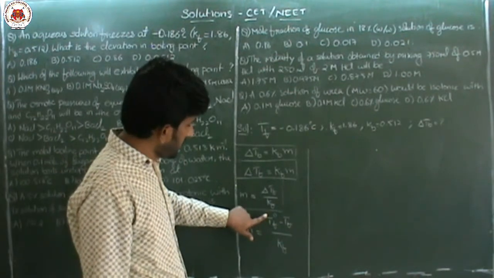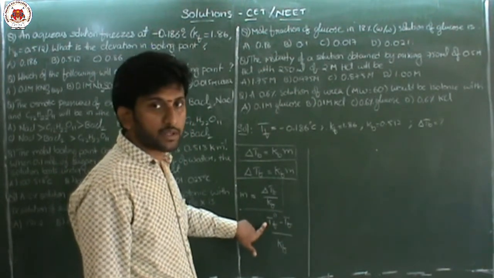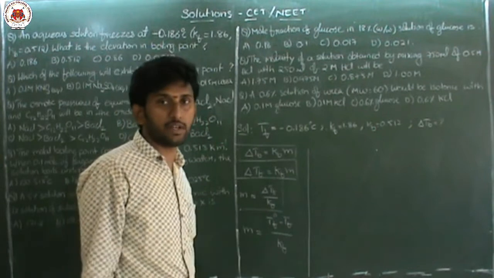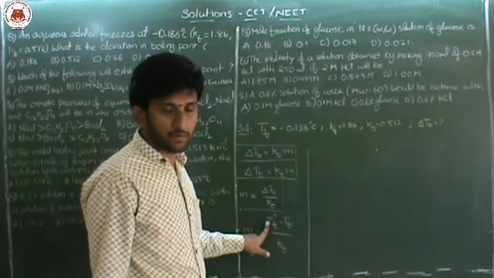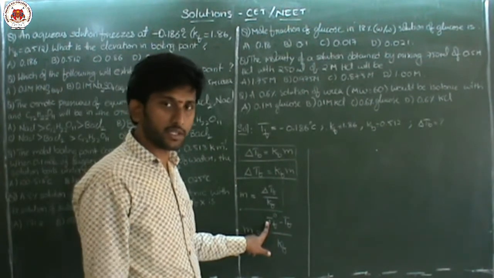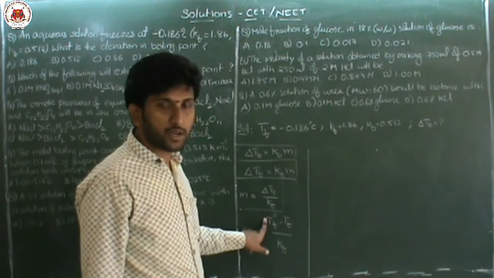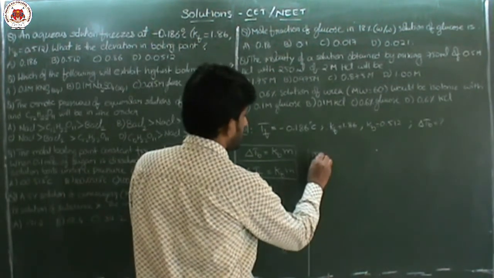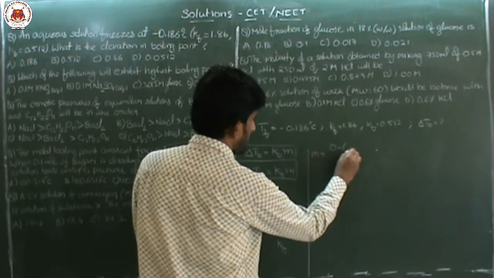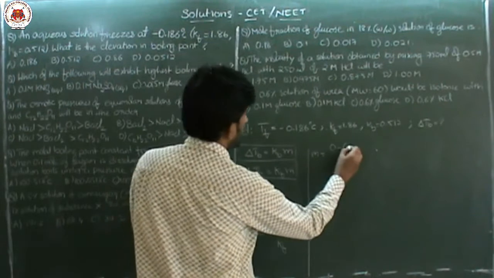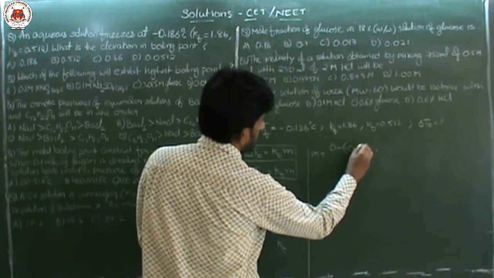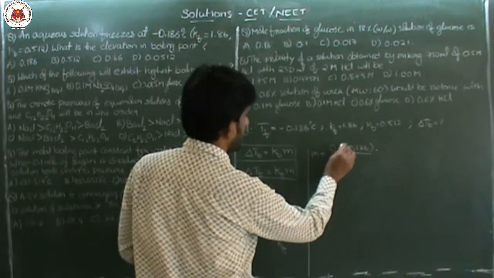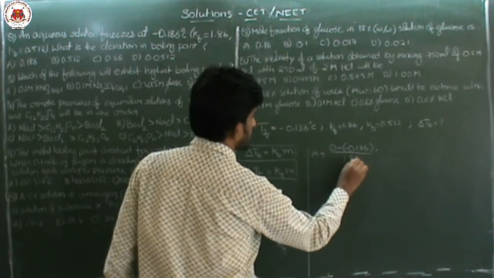What is T0F? It is the freezing point of pure solvent. Now, what is the pure solvent here? Aqueous solution means what is the solvent? Water. Water T0F is 0 degrees centigrade. Here the solvent is water, so T0F should be taken as 0. So M is equal to 0 minus Tf of the solution, which is minus 0.186 degrees centigrade, divided by Kf, which is given as 1.86.